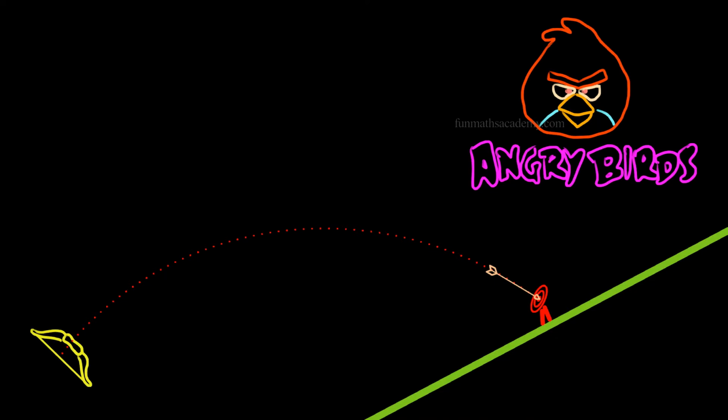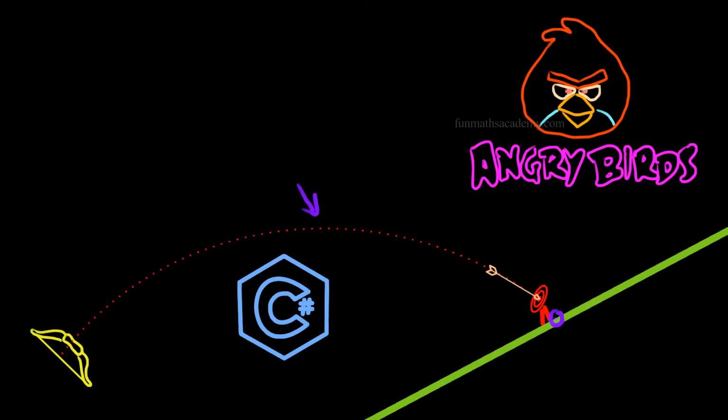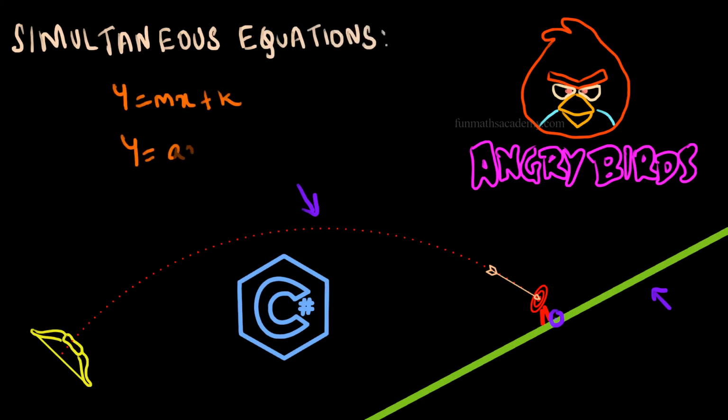As a game developer, to set a trajectory motion for that arrow, you might have to use code in programming languages like C Sharp. Here, the target is not on a flat surface, but on a slope which is inclined at an angle. So the score the player will get for shooting at a particular point must be coded by the programmer for every level. This target point is nothing but the intersection of the quadratic curve traced by the arrow and the straight line on the slope. This point can be obtained by solving a system of linear and quadratic equations.